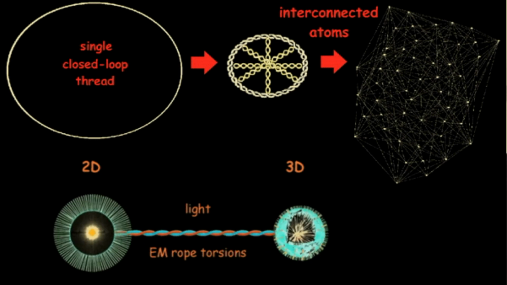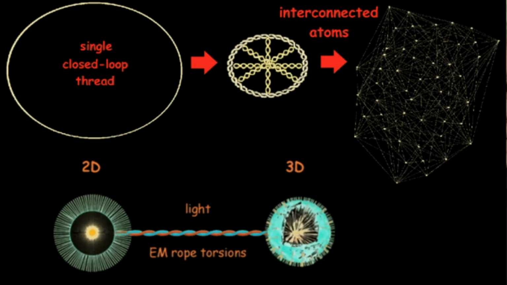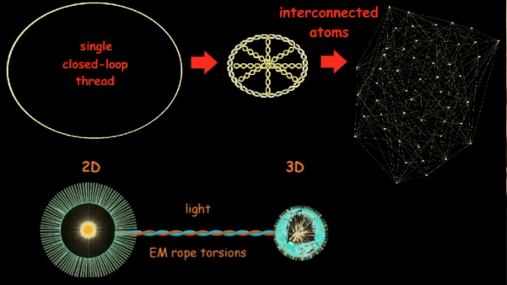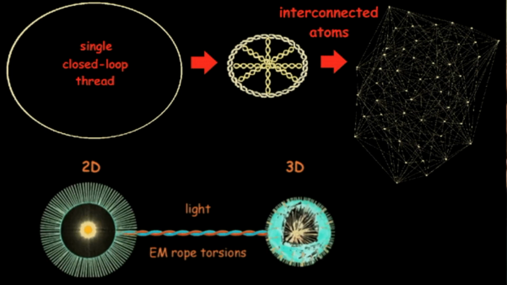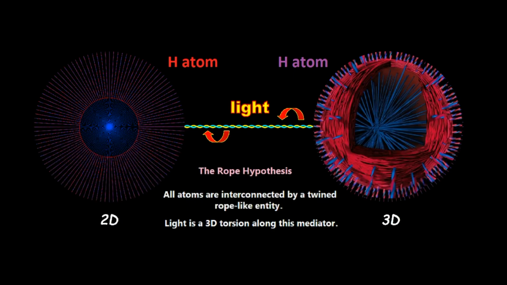And there's a basic model. We're saying that the threads make up the atoms and the ropes that interconnect them. And here you see the model up close. You see the 2D version and the 3D version. And they're connected by a rope made of the same thread as the atoms. So what you have is atom to rope to atom to rope to atom to rope, and all around the universe. That's our model.